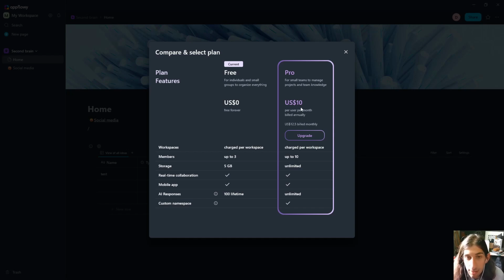So this will be around 120 USD a year, while this will be 12.5 each month. With the Pro plan, you actually get more members, unlimited storage, real-time collaboration, mobile app. You actually get the mobile app in the free plan as well. And AI responses are unlimited, while this actually gives you